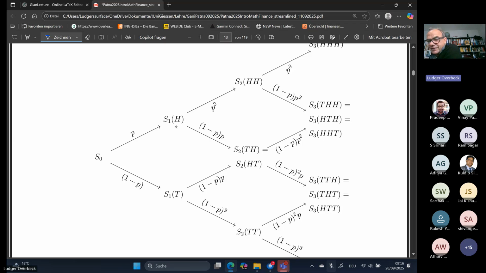Here you have a Bernoulli random variable, and let's say success is going up. You can go twice up or once up and twice down, and so on. This has a binomial distribution. The value of the underlying does not depend on whether it's going down, up, down. It's again an assumption on the underlying probability. But if you look at these values, then you get a binomial distribution with parameter p.